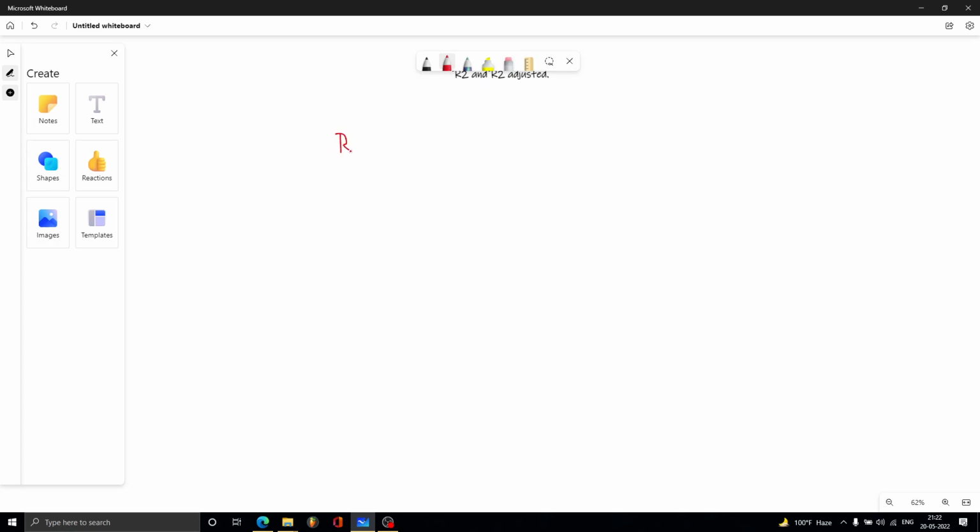R square is nothing but 1 minus sum of residuals by SS total. What is SS total? It is sum of total averages. I'll tell you what it is. Don't worry. 1 minus summation of yi